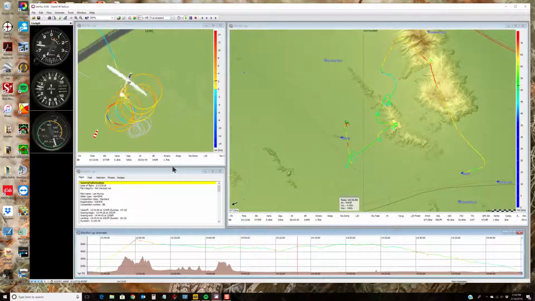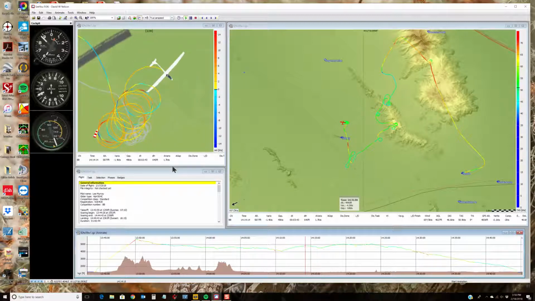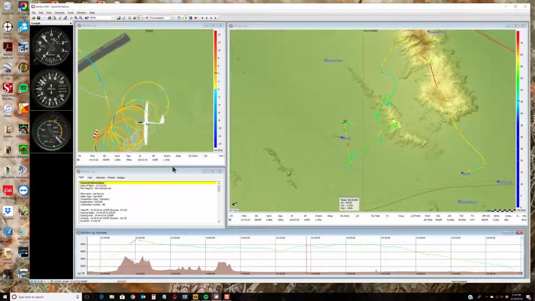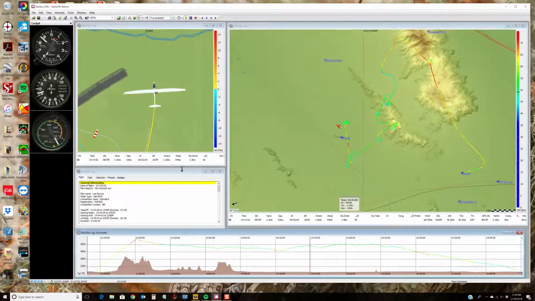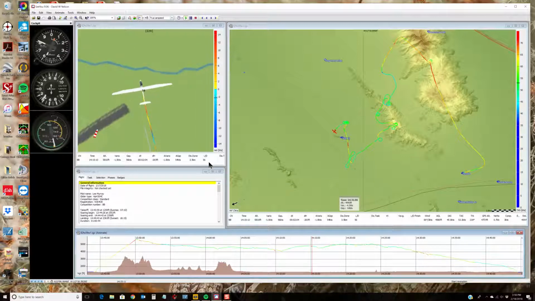When you finally get out of here. Beautiful. Thermal. Look at the technique. Absolutely marvelous. You're losing it. Don't let it go. All right. You're flying straight. Right now, you've got an L over D of 56. That's pretty darn good. 56 to your next